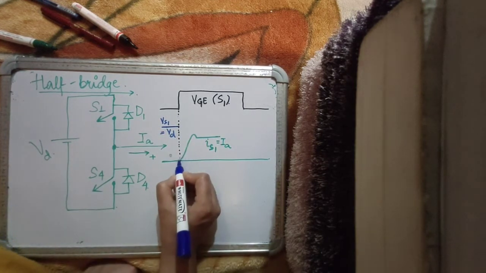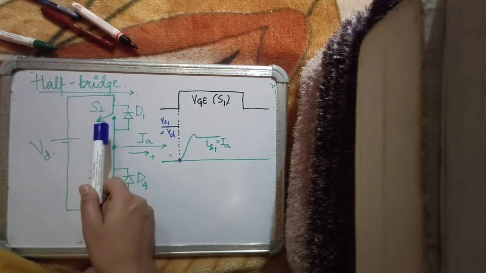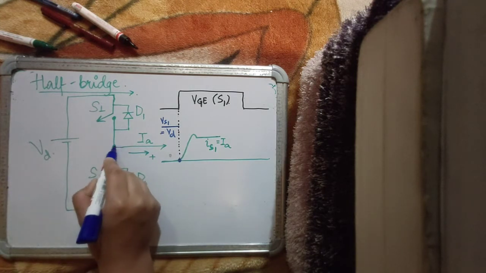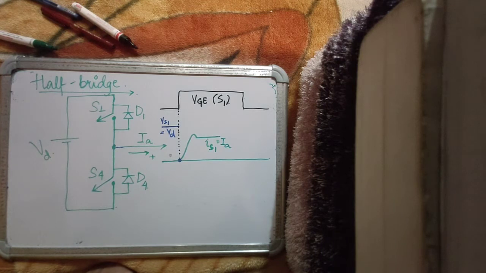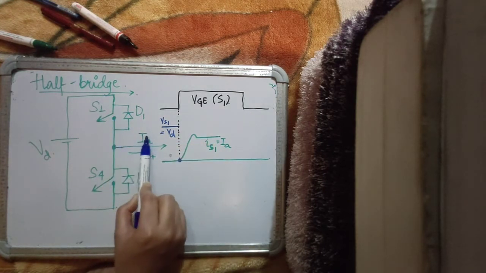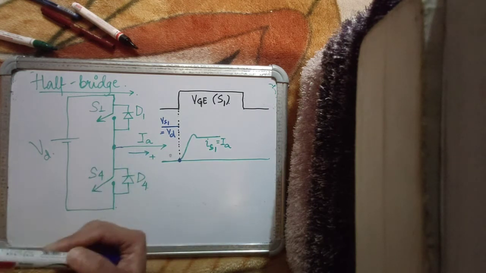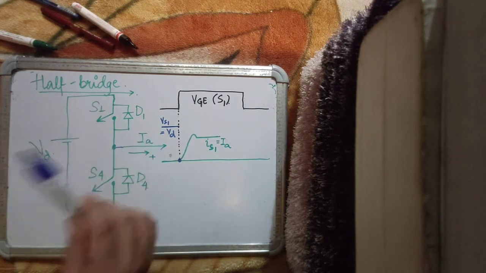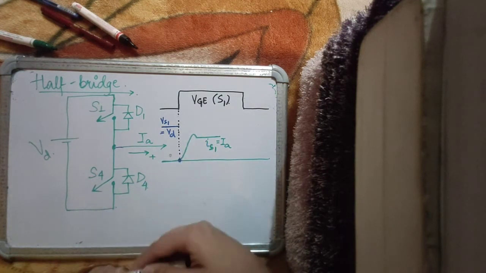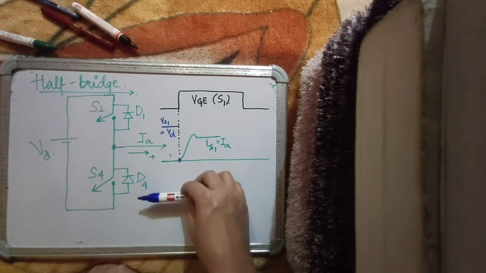Now at this instant, you have issued a gating pulse to S1 and S1 has begun conduction, or you can say that the current through S1 has started to increase. You're also assuming a stiff current at the output, so the output is behaving like a current source. There is a stiff current at the output, which means that when S1 starts taking up this IA, D4 will start giving away this IA. Or in other words, as IS1 increases, the current through D4 will start falling,